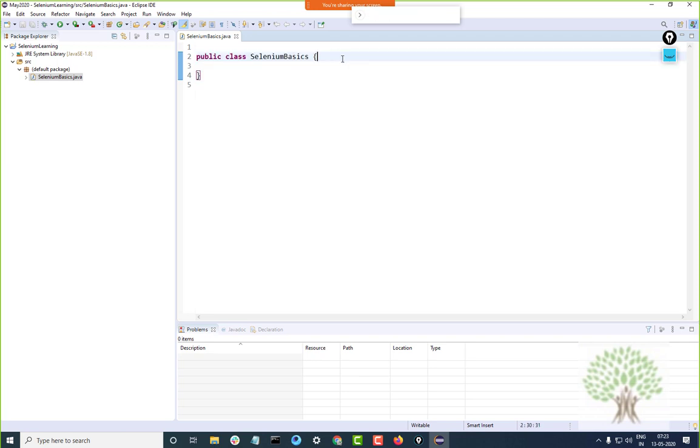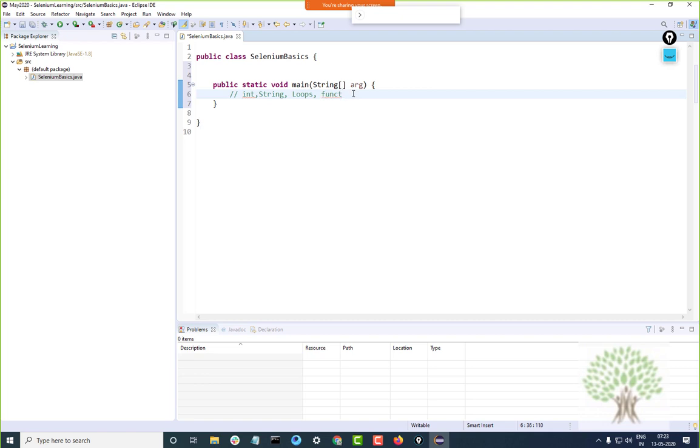A blank Java file will not execute. You have to have a main function inside it. The main function is present in almost all programming languages. It is the starting point. In this training I am assuming that you know the basics: what an integer is, what a string is, what loopings are, what functions are.